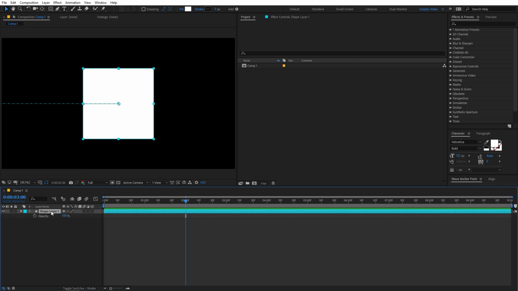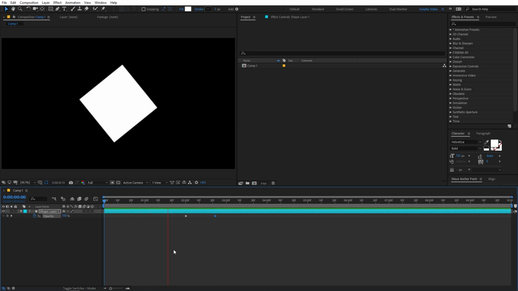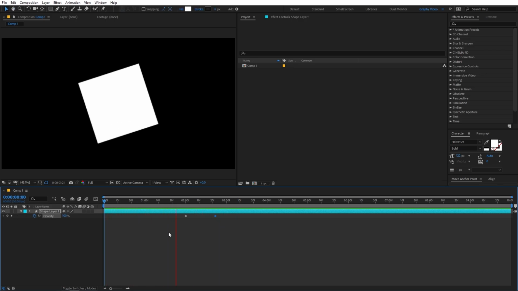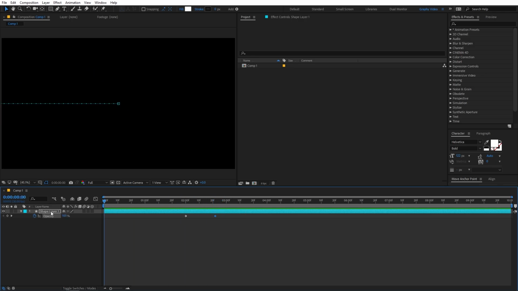I can select the layer, press T and add a keyframe. Right now its opacity is 100%, which means it is fully opaque. Let's move it somewhere around here, and I can change the opacity down to 0, or I can change it to 50%. Let's change it back to 0. Now you can see we have this kind of animation: our shape comes in, then it scales and rotates, and after that it fades out. This is how you can add basic keyframes to your transform properties.